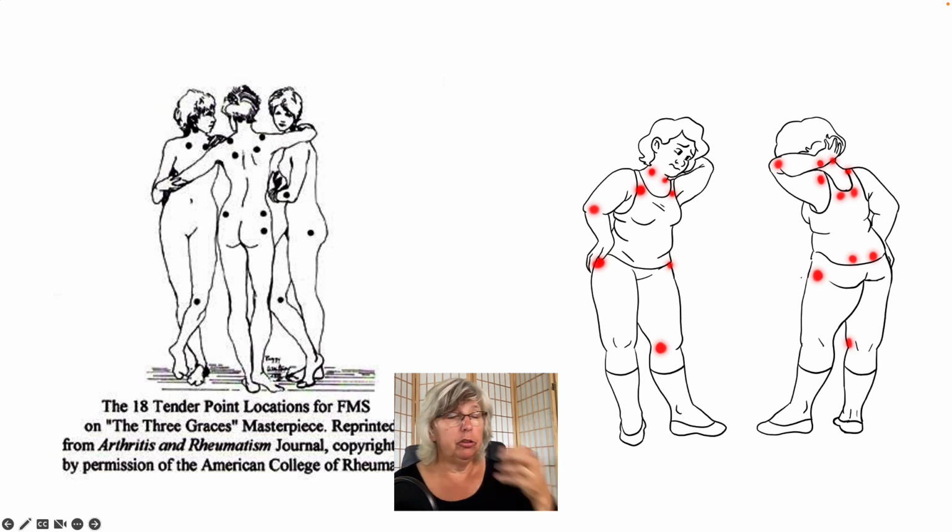And here's Trudy. And what we are trying to convey with these red spots that are a little fuzzy around the edge is that just a very tiny amount of pressure on these areas will cause a completely out of proportion pain response. And that pain may diffuse over that area, but it does not, say, refer to the jaw or some distant part of the body, which we are more likely to see with trigger points, not tender points.